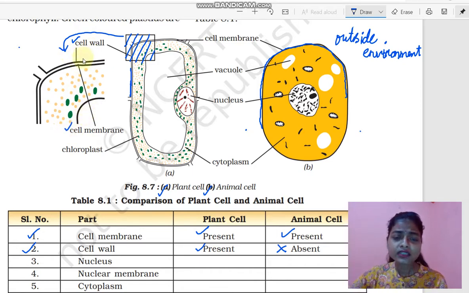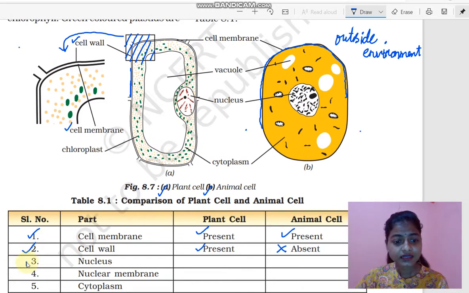So what is the need for the plant cell to have a double membrane structure, or two membranes? The need is that plants cannot move from their place and they have to face everything like heavy rains, winds and all the things by standing at their place only. They cannot move from one place to another place. So that's why, to withstand such adversities of nature, they have two membranes and that makes them rigid.